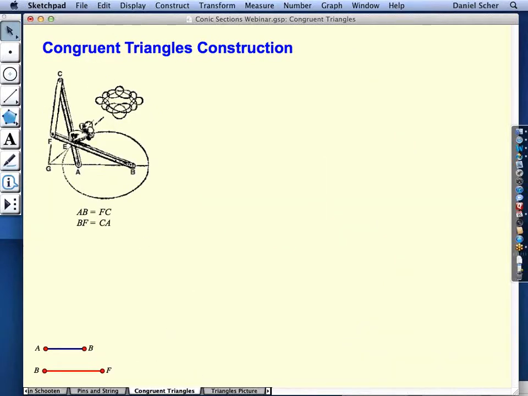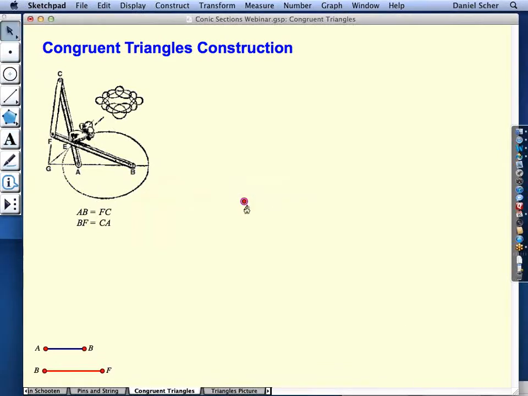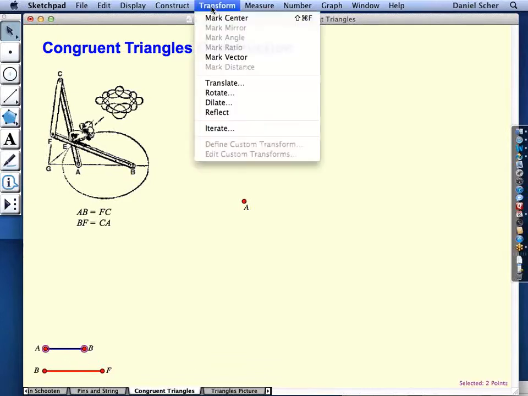So okay, I want to actually start building this. So I'll put a point on my sketch, and let's call that point A. And now I'd like to construct point B. And I could use a circle, but it would be nice if AB stayed horizontal, just like my segment AB did down here. So what I'm going to do is I'm going to select point A, select point B, and